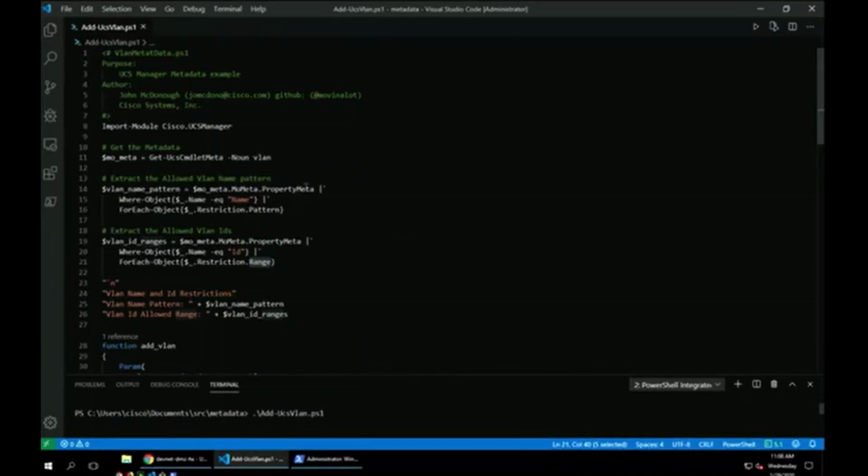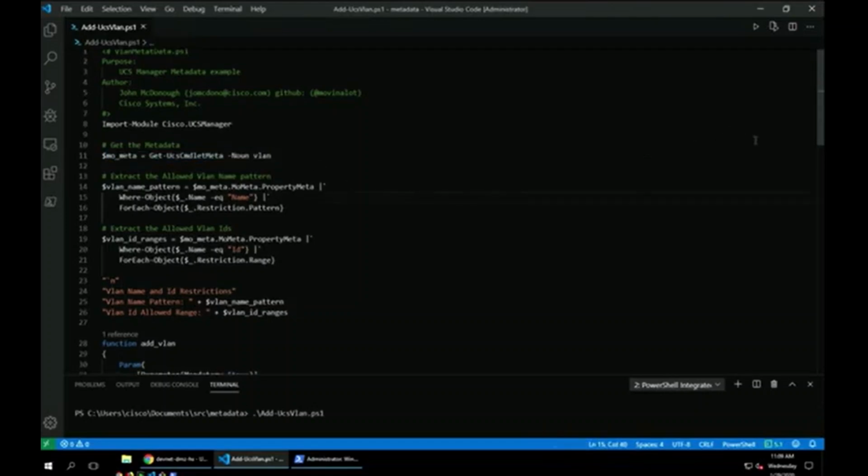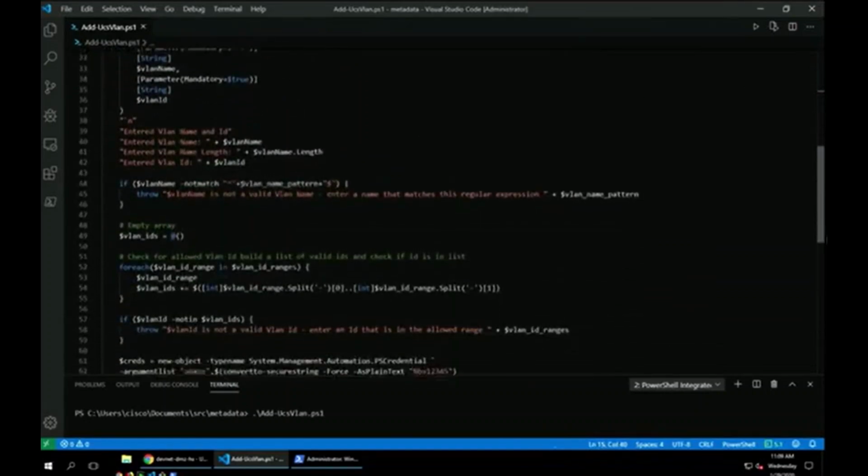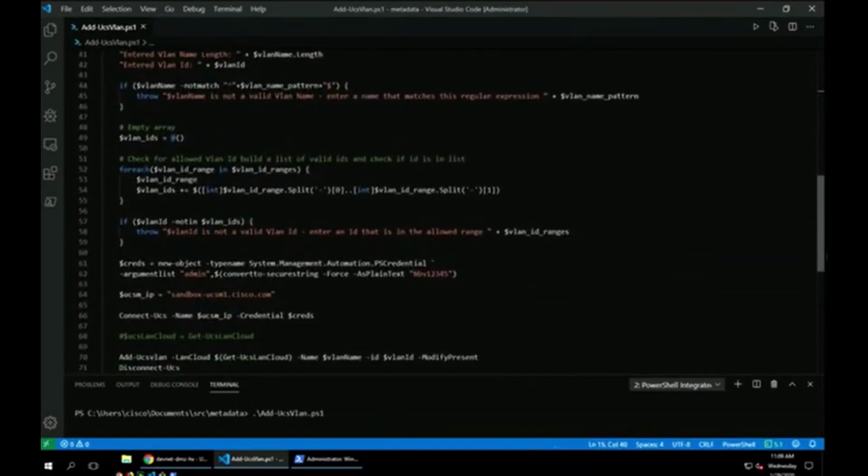In my PowerShell script, I'm going to create a VLAN. I'm creating that VLAN, and that VLAN has all these attributes that I can set. I'm taking some properties from parameters into my script, a name and an ID. I want to make sure that that name and ID are valid with respect to the object model. So what do I do? I get the object model information. I take that object model information, and I utilize it in my parameter validation, and I say if the parameter